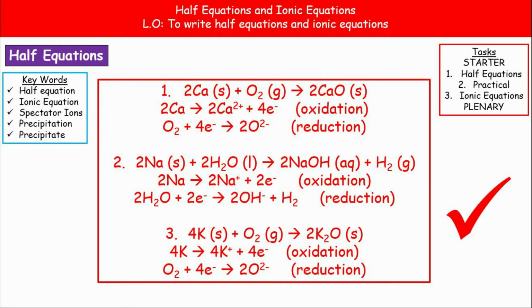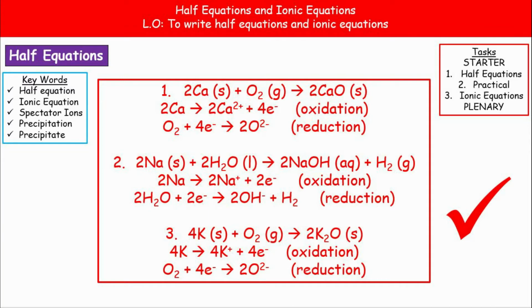What we've got on the screen now then are the answers to that. Now, if we look at question 1, we started off with calcium and oxygen reacting to make calcium oxide. So the first half equation is looking at calcium. So we've got calcium atoms, which then become calcium ions, and calcium is in group 2, so it's going to be Ca2+,